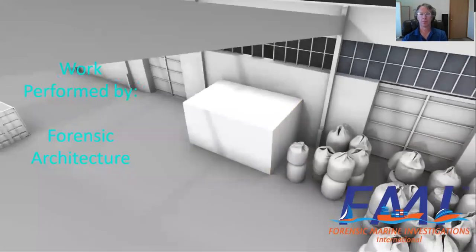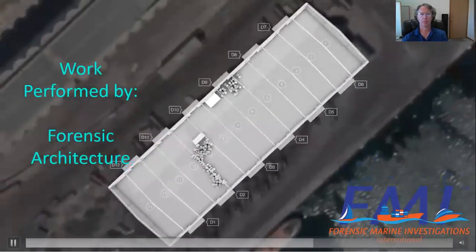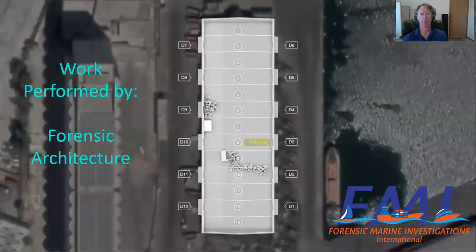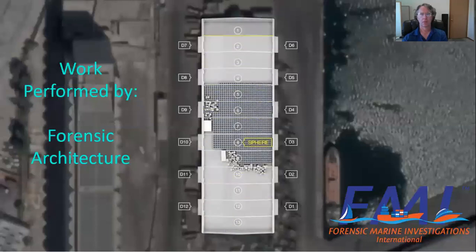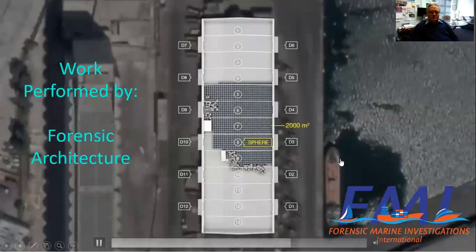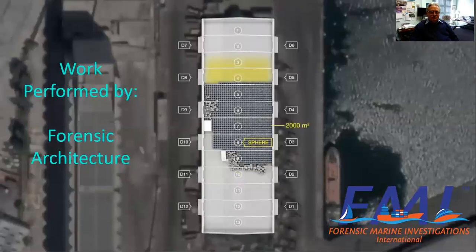Together, these videos and images allowed us to map a total of 243 bags of ammonium nitrate in the space. Given the location of the source of the spherical plume, here at bay 8, the remaining 2,507 bags of ammonium nitrate should have been stored here, occupying almost 2,000 metres squared of space. But given the haphazard way the visible bags are stored, the space the entire stockpile occupied was likely larger.